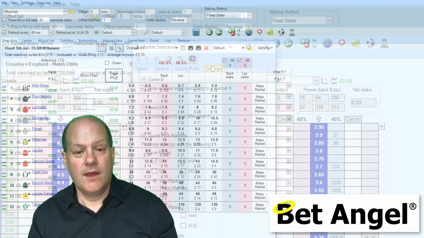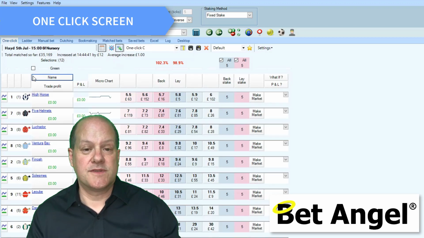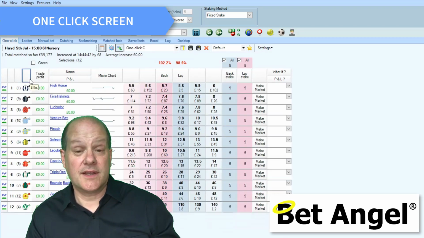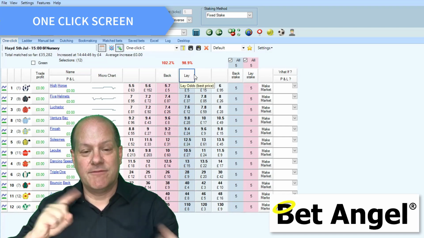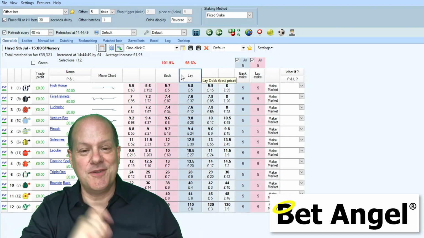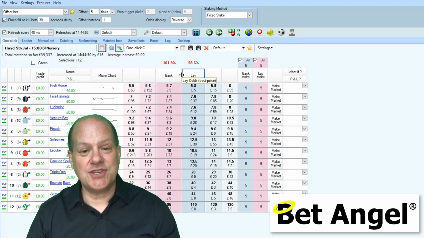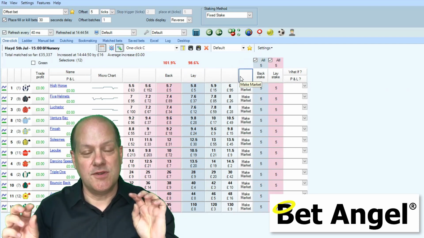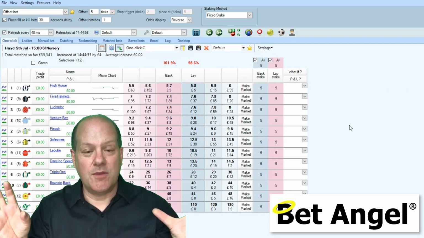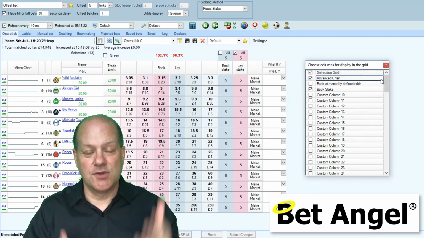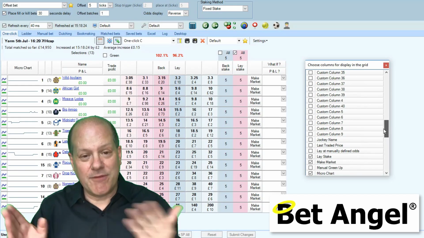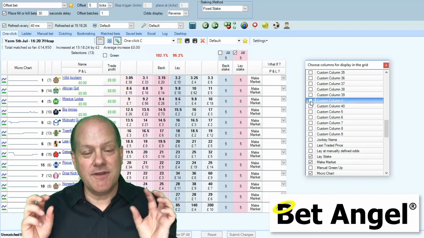When you first start using BetAngel, it defaults to the one-click screen. And the one-click screen, as the name suggests, is there to allow you to put bets into the market very, very quickly. But it does so much more than that as well. You can actually change all of the columns around, you can modify the display however you wish, and you can even create a completely new display depending upon what you want to put in there. You can sort all of the runners or however much criteria you want, so it's a very flexible way of